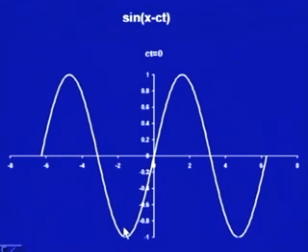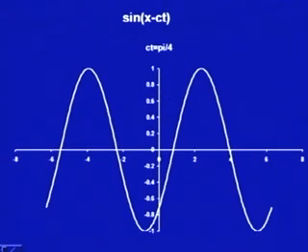If I take c t to be 0, we have taken x minus c t. So, c t I have taken 0, or you could say c I am taking as 1 and t as 0, then this function is a solution to the given equation. If I take t equal to pi by 4, I find that the solution is changing a little, shifting towards the right. The function is the same, but it is shifting towards the right.